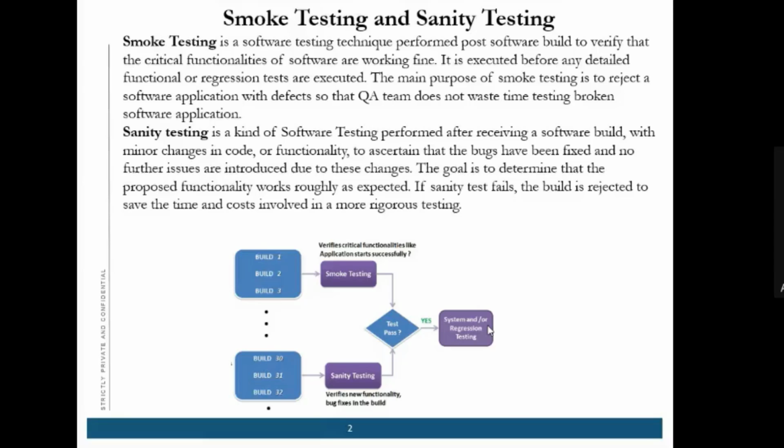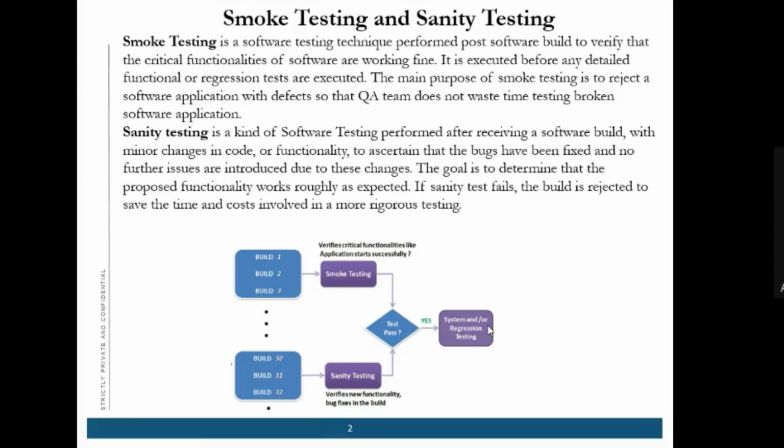Is there any doubt? Still any doubt, Madhu or Naga? Is that clear? Yes, it's clear. Okay. Who is this? May I know? Madhu. Very good. So you have learned how to unmute. That is very good. Yeah, I finally did. Good. It's good to hear from you. So, are you clear with what is smoke testing and what is sanity testing? If you have any doubt, you can ask me. Yeah, whatever you have mentioned, I am clear with it.